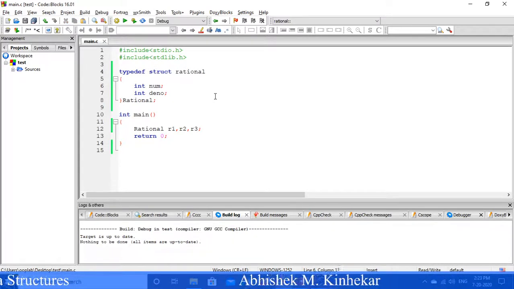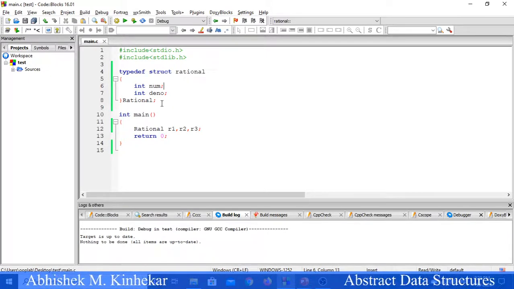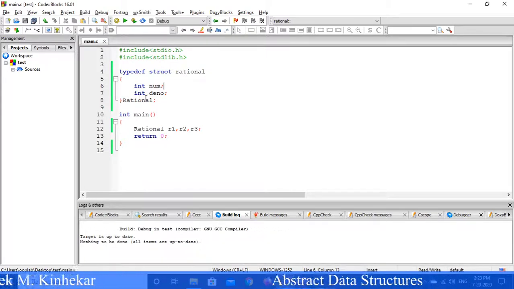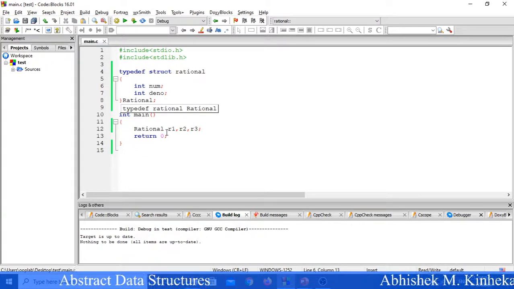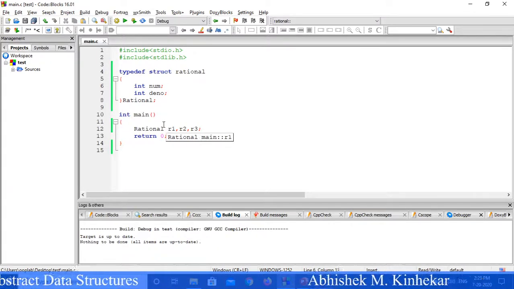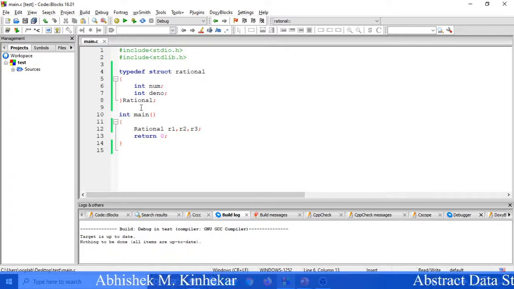I will be creating various different functions, and in those functions I am going to use this rational type. If I declare the typedef of the rational structure within the main function, it will not be possible to access it outside main. That is the reason I declared it outside main, to make it a global definition, correct?